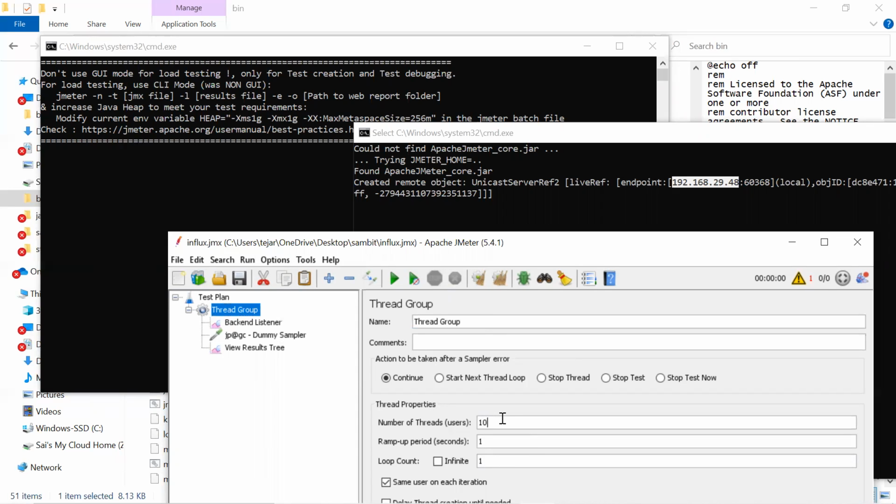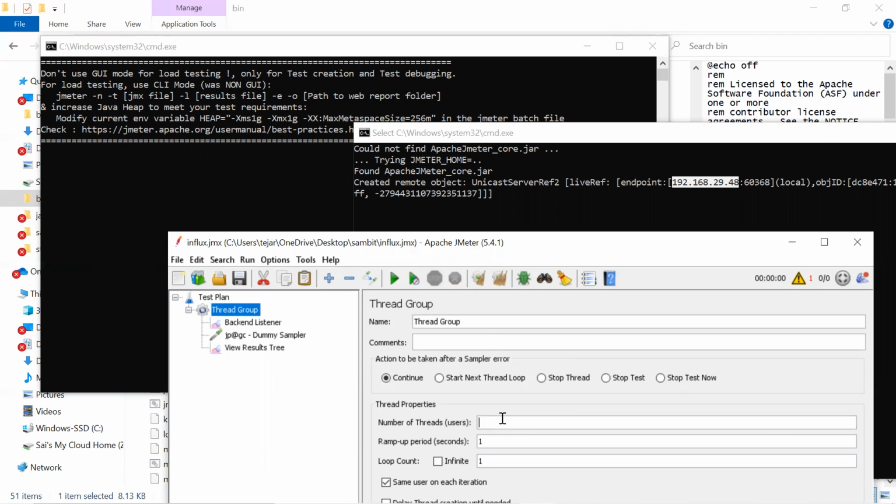It's a totally different concept. Suppose you want the total load as 10, then you have to give 3 here. Understood? If the total is 10, then I have to make it 3 here. So whatever the number of machines, you have to divide the total load by the given machines.